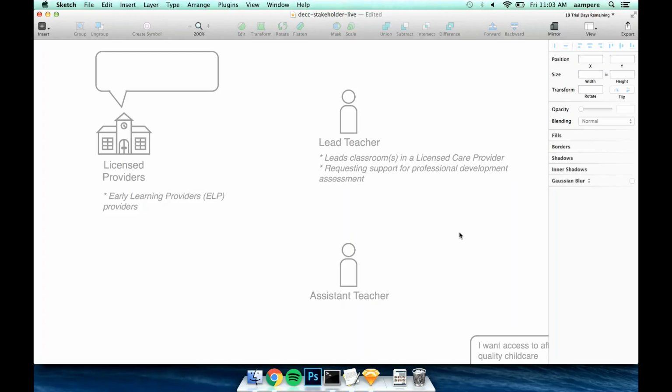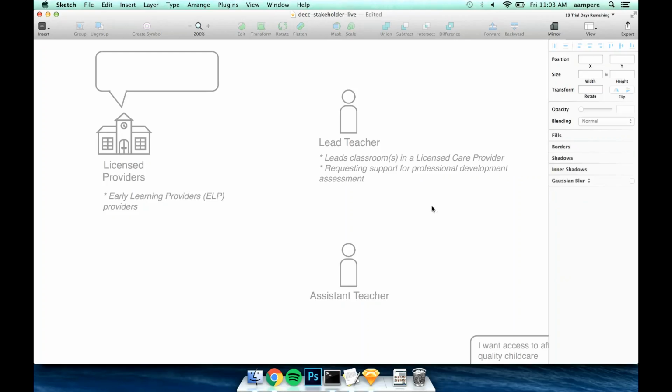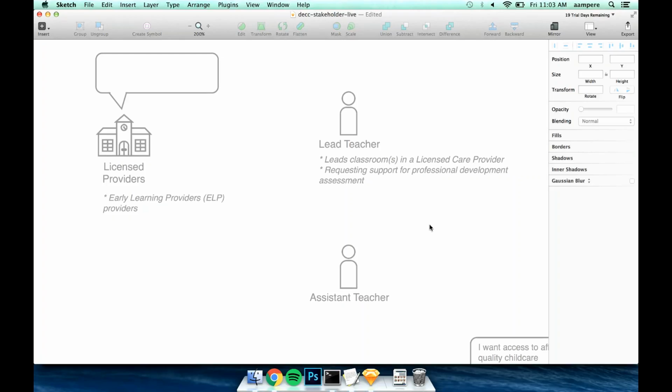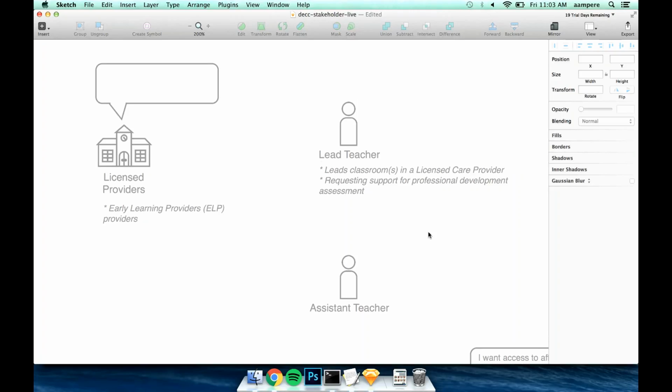And so that would actually be done through the coaching log and the coaching participants module, which is something that some councils use and some councils don't use at this time. So I don't know if you would feel comfortable with this, but we're saying requesting support for a professional development assessment. Is it actually for a coaching observation or assessment? Is that accurate still? Coaching observation or assessment?